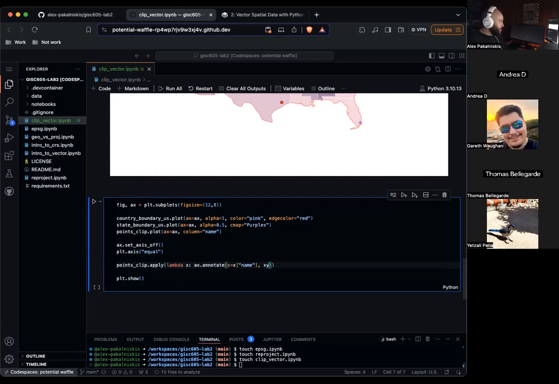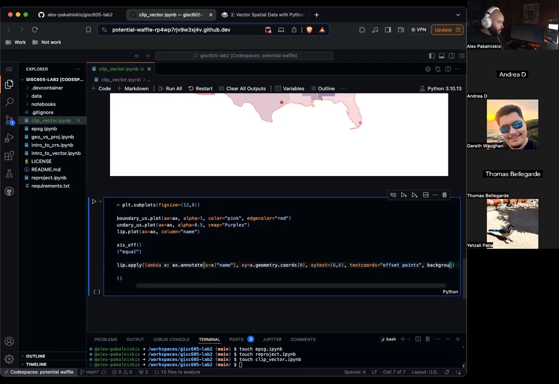So xy equals x.geometry.coords[0], xytext equals 6, 6, textcoords equals offset points, background color equals green, and then axis equals 1.